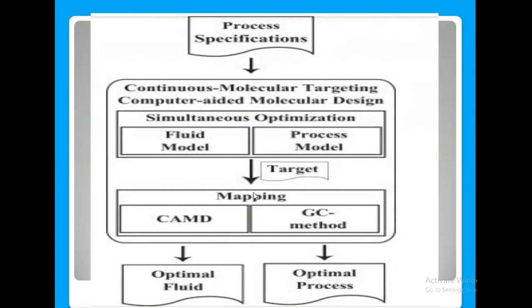Both are used. Then after finalizing, your drug will be targeting the target. When it binds with the target, the molecule bound is mapped. That's called mapping. Then that mapping result can be taken back and analyzed using CAMD software or gas chromatography. After purification you can go for an NMR study or X-ray diffraction, and then you get the optimal process of the drug. This is the conventional method. Here it is computer-aided molecular design, the other way, where everything is done in computer software. Instead of the conventional method, the optimal fluid process is determined. So you can go either way, the conventional method or the CAMD method.